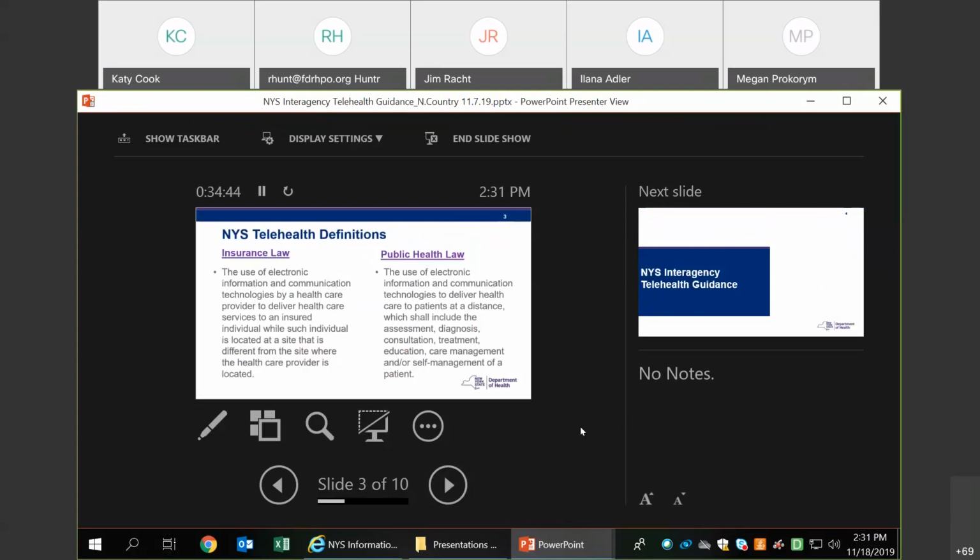This slide has the statutory definitions of telehealth in both parts of legislation. You can see that it's very similar and very broadly defined: the use of electronic information and communication technologies by a healthcare provider when they are not located in the same site as their patient. Public health law goes into a little bit more detail on what services are included, such as assessment, diagnosis, consultation, treatment. Public health law goes on in Article 29G to further define the three specific modalities that can be reimbursed, as well as eligible originating sites where the patient can be located and distant site practitioners. I'll get into that in a little bit, but I want to highlight for everyone that for insurance